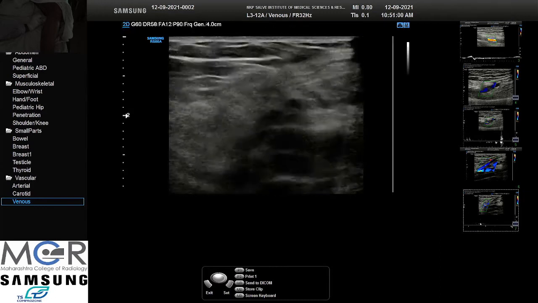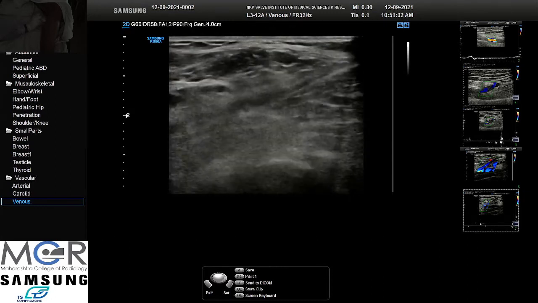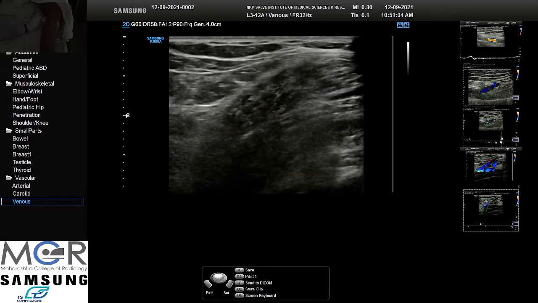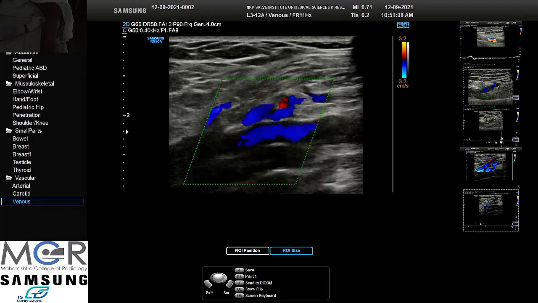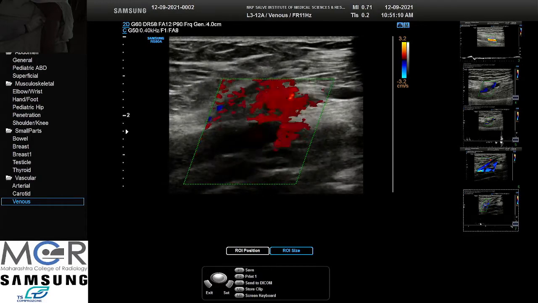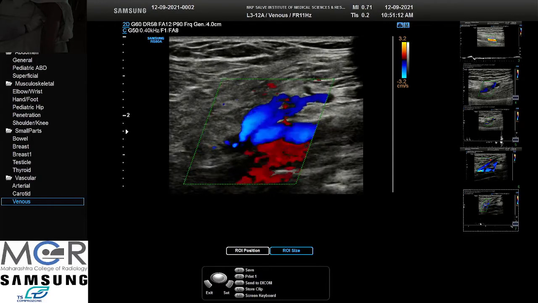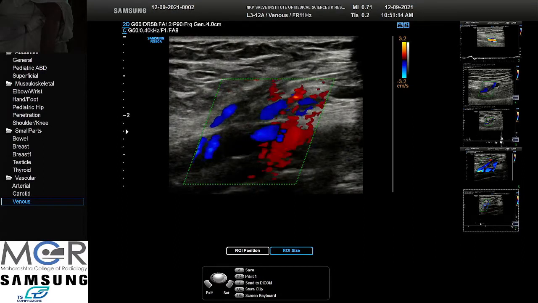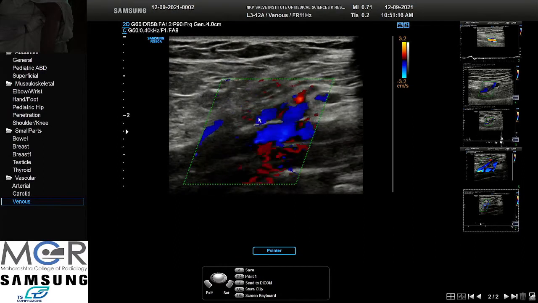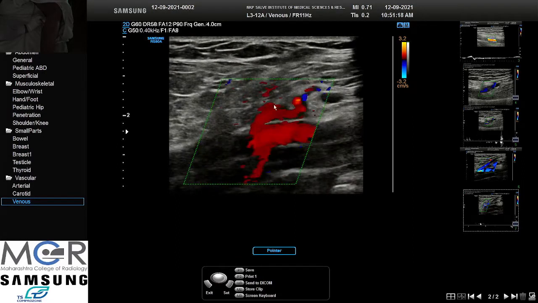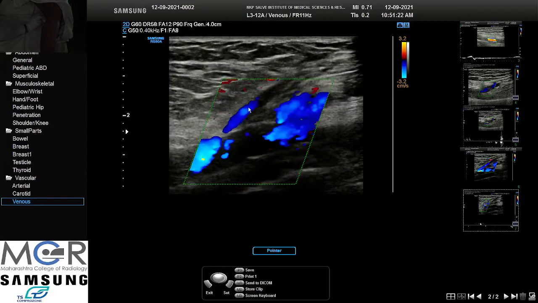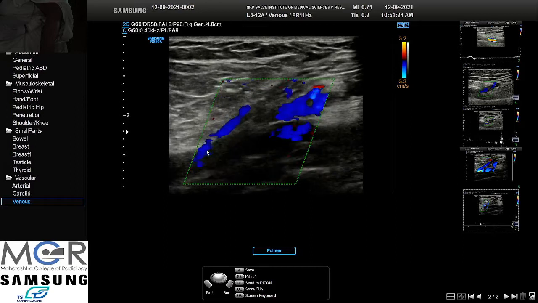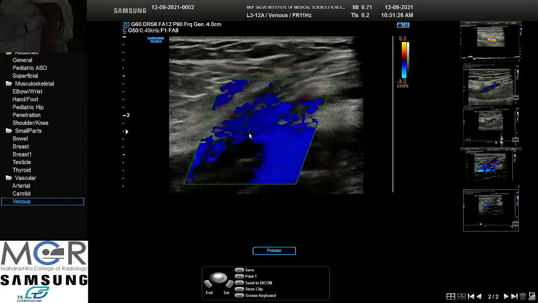So SFJ evaluation we have done. Popliteal we have seen. We'll just confirm on color. So now you see both. That is the insertion of anterior tibial vein into the popliteal, and this is the insertion of short saphenous or small saphenous vein into the popliteal.